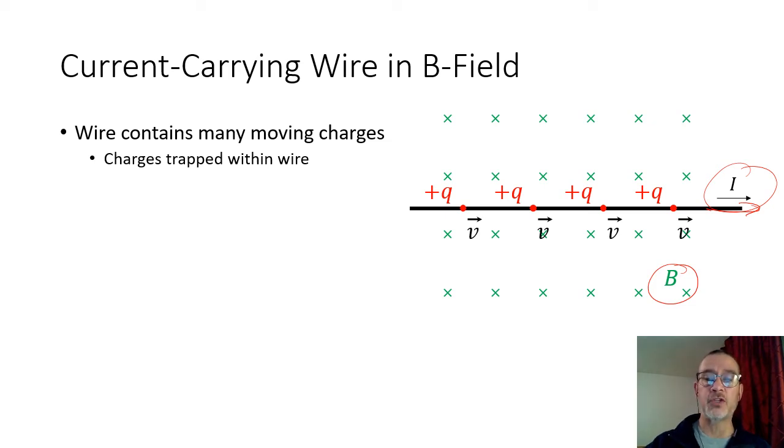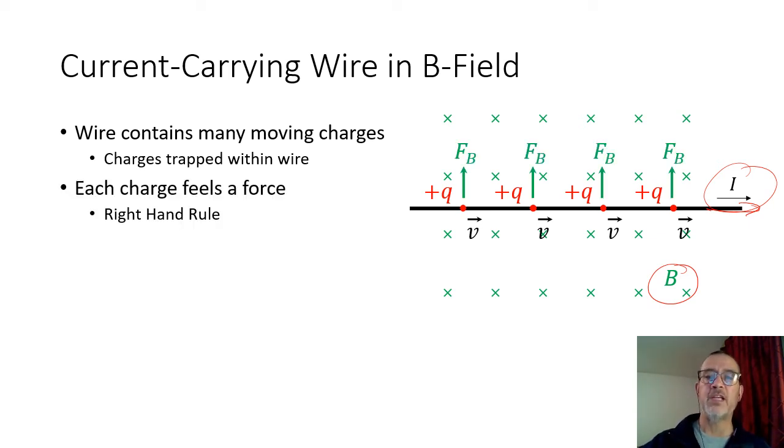Each one of those charges is moving in a magnetic field and is going to feel a force, but that force is not going to change their direction because the charges are trapped within the wire. So the charges are still going to be moving to the right, but each one of them is going to be feeling a magnetic force, in this case, in the upwards direction, because with the right-hand rule,